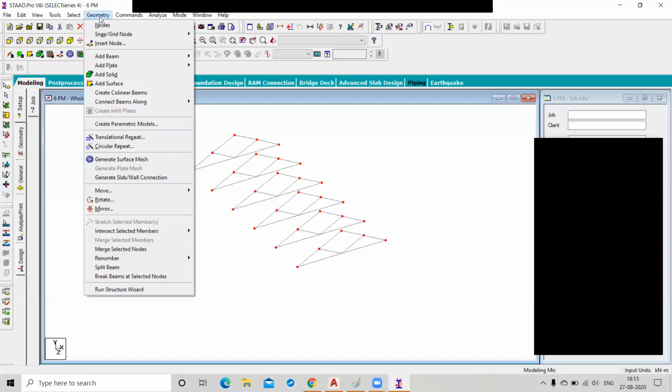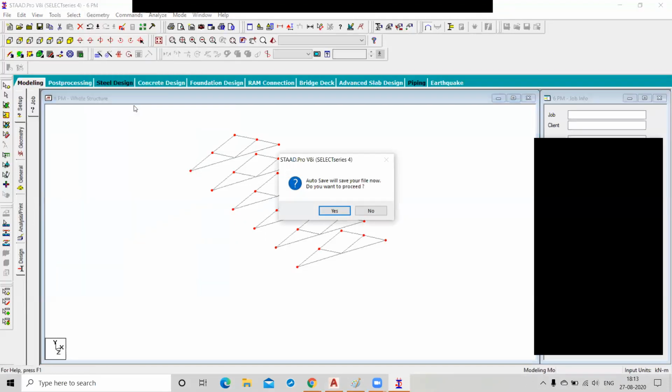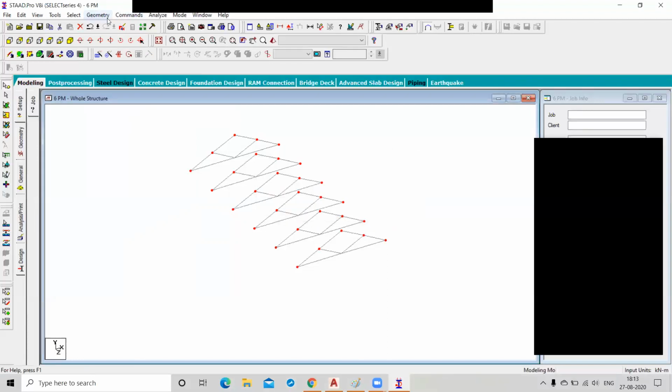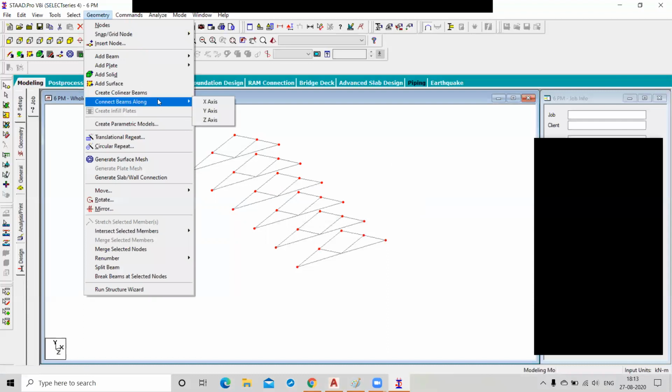So you can select the geometry and we have connected along. Geometry connected along x-axis, y-axis or z-axis.